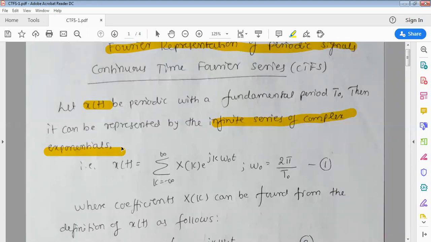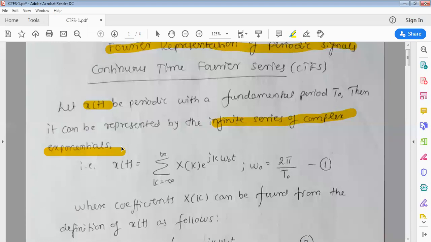For example, if I give a square wave of 100 hertz, by applying Fourier series you will come to know the square wave is composed of many sinusoidal and cosinusoidal signals of different frequencies, let's say 100 hertz, 200 hertz, 300 hertz, 400 hertz with varying amplitudes. So the square wave of 100 hertz consists of 100, 200, 300, 400, 500, 1000 hertz, and so on. Many frequency components of sine and cosine waves. This is the basic idea. Any signal can be written in terms of sinusoidal and cosinusoidal functions. That is the fundamental idea of Fourier series.